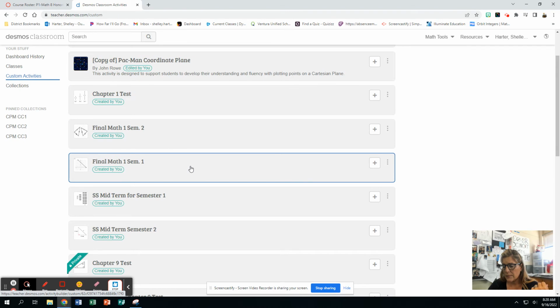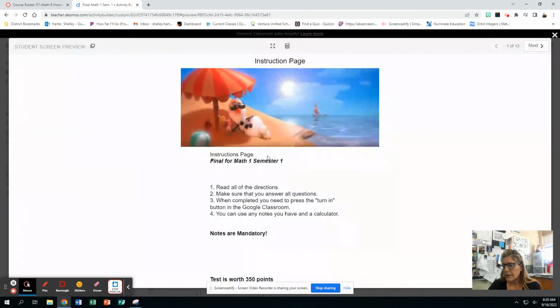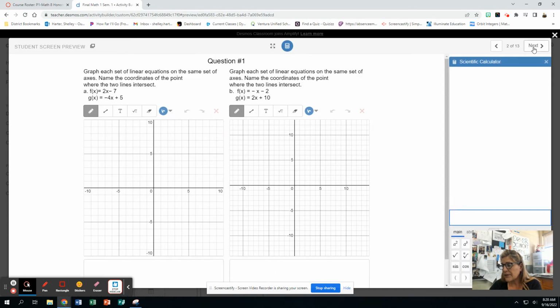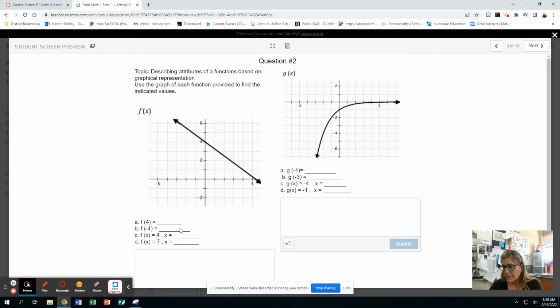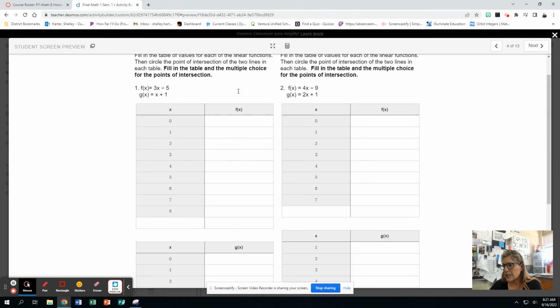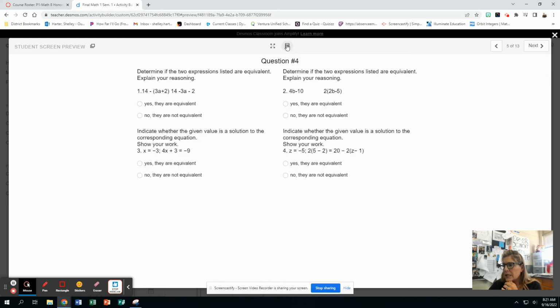This was my math final for summer school. Yes, I get a little silly with it. But intersecting lines, I did this. This was me just going through. There's a calculator at the top, a scientific calculator, if you want it. I did these questions. I use the homework at this point. This is multiple choice, and they can fill these in and find the point of intersection. Then these, and